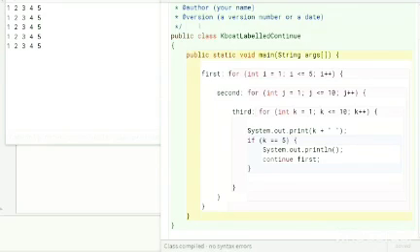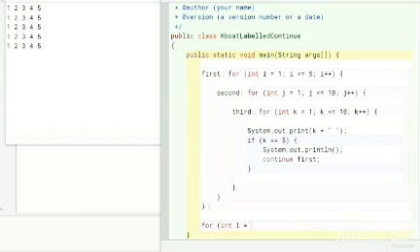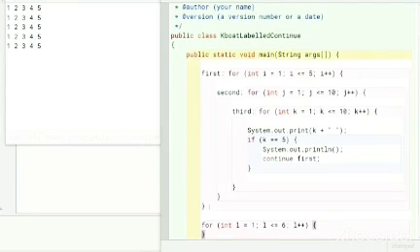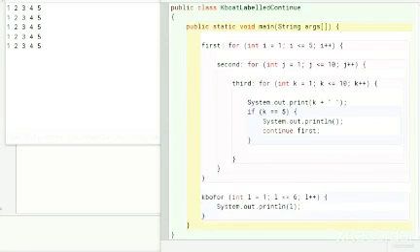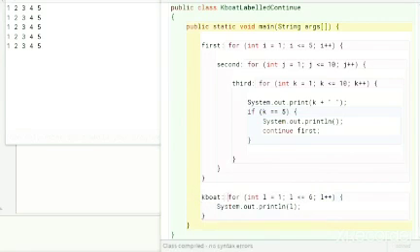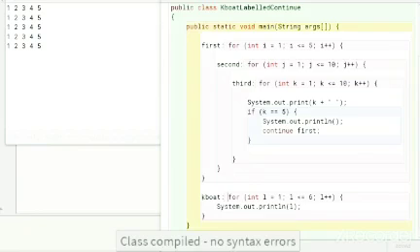Let me write a fourth loop outside these nested loops so that it doesn't enclose this continue statement. So far, the program is compiling with no errors.